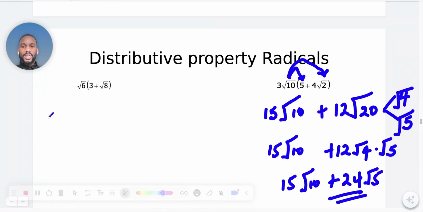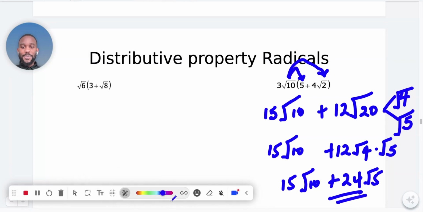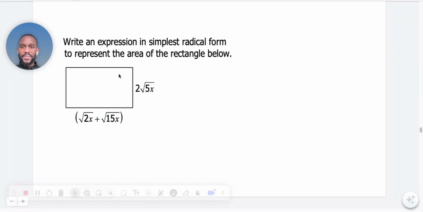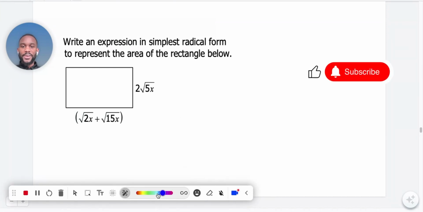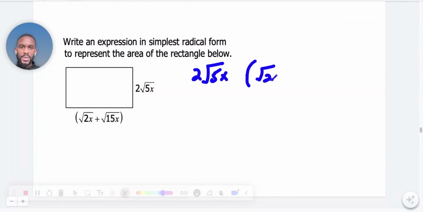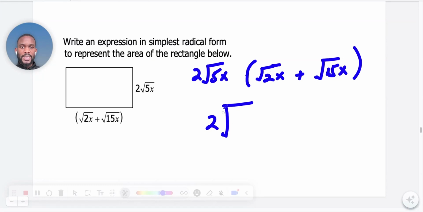All right, so let's look at an application of this distributive property. They're telling us to get the area of this rectangle. We know that the area of a rectangle is length times width. So it's going to be 2 root 5x times root 2x plus root 15x. What is outside will multiply with what is outside, and what is inside will multiply with what is inside. So this will be 2, and what is inside, if you multiply this, you get 10x squared, plus, again,